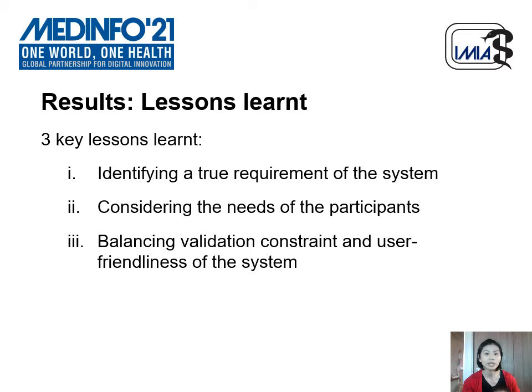Here we will be talking about the three key lessons learned from the work. Firstly, identify the true requirements of the system. Due to some unclear communication, the SAQ output was stored in the database as text, which cannot be analyzed directly in statistical software. To resolve this issue and prevent it in the future, we defined a data dictionary to assign numeric values to